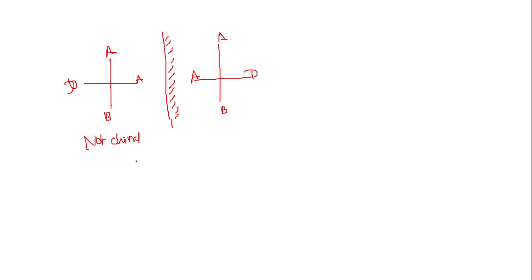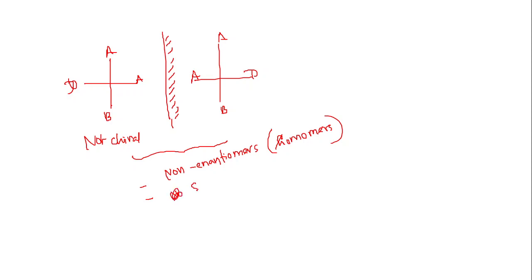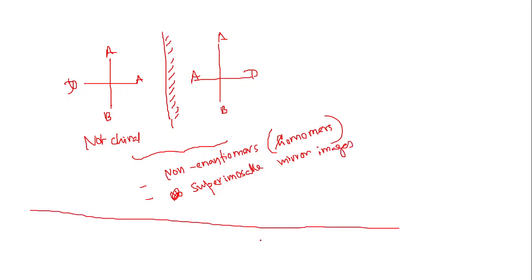So this is not enantiomers, and the stereochemical term means these are homomers, meaning these are identical molecules. And second point, these are superimposable mirror images, meaning because these are identical molecules, you can place them on top of each other. Superimposable mirror images. So what we will prove now using the Avogadro model, that if you have a chiral molecule